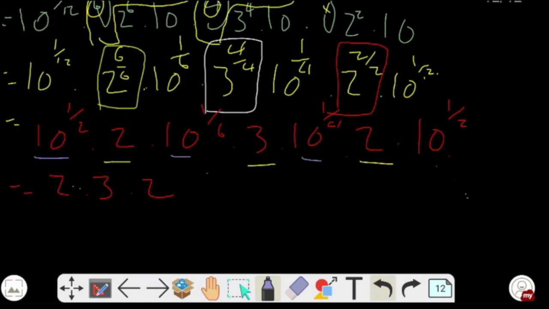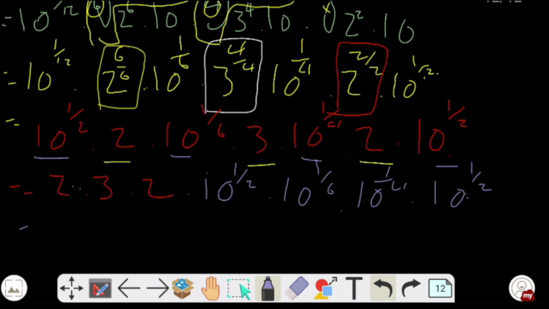Meaning we are going to have 10 to the power of half times 10 to the power of 1 over 6 times 10 to the power of a quarter, 10 to the power of a quarter times 10 to the power of a half. Now let's multiply our constants, meaning this part here, 2 times 3 is 6, we have 12,